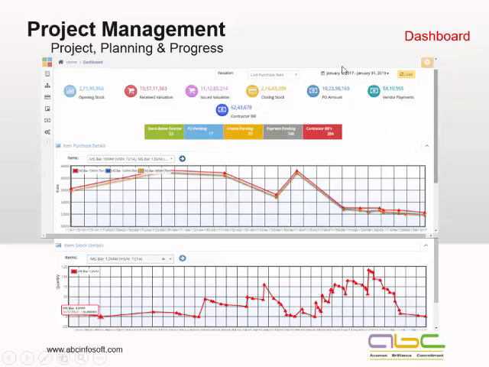On the right-hand side here, this is the time period. By default, it would be the current month, but again, you can choose any given period if you want to analyze data accordingly. This is a valuation of the things as per the last purchase rate. This is my opening stock valuation as on the given start date of January 1st, 2017. Then between this date and January 31st, 2019, what is the valuation of the material received? Then this is the valuation of the material being issued, and this is my closing stock valuation.